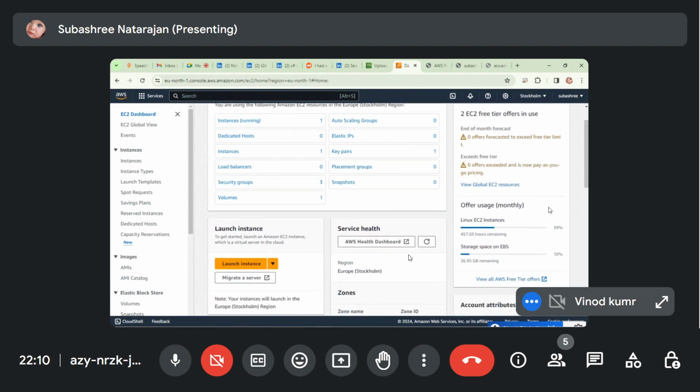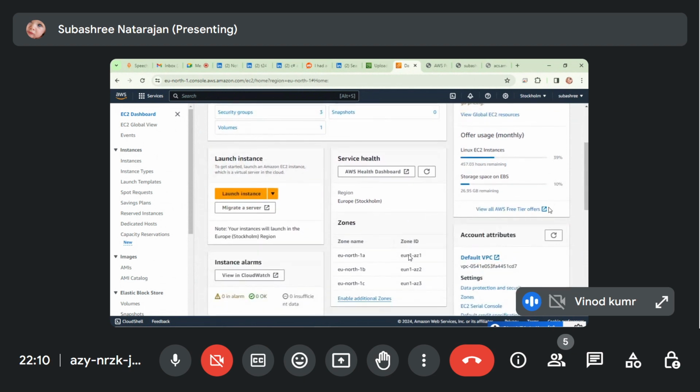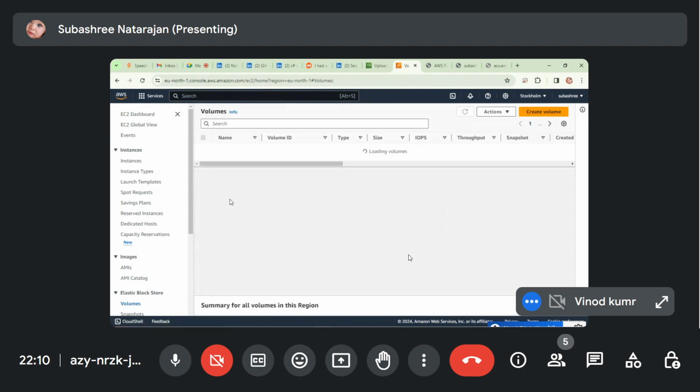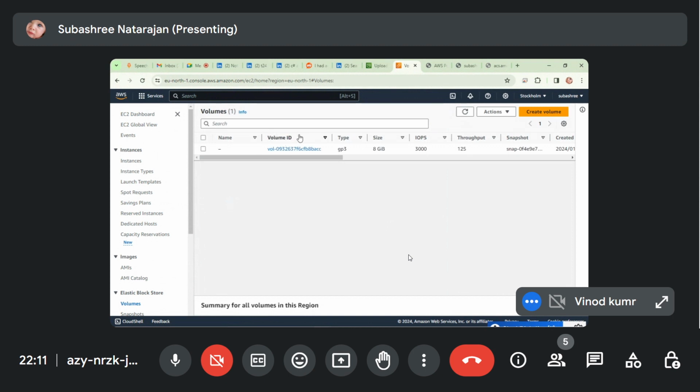Scroll down, storage of EBS is 10%, elastic block storage. Are you using elastic block storage? Can you click on volumes on the left side? Yes, you are using the default created one. Don't delete the default one. You can close this because it is a default.